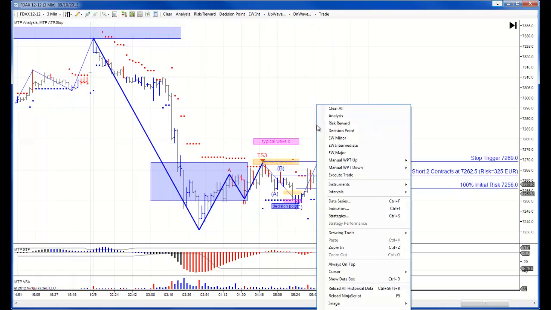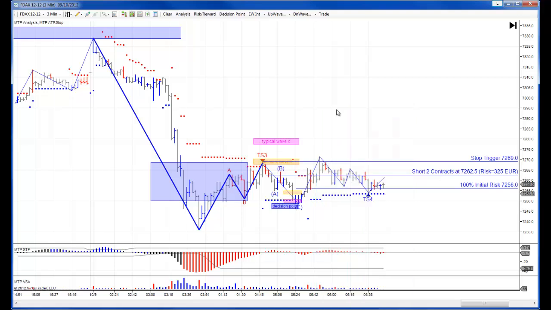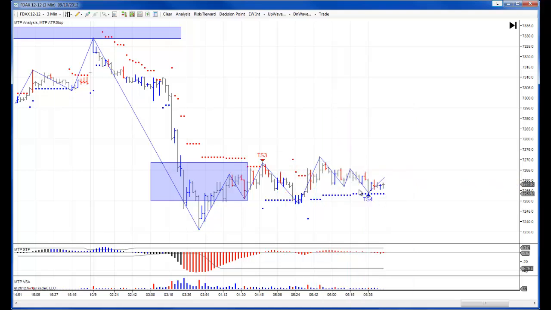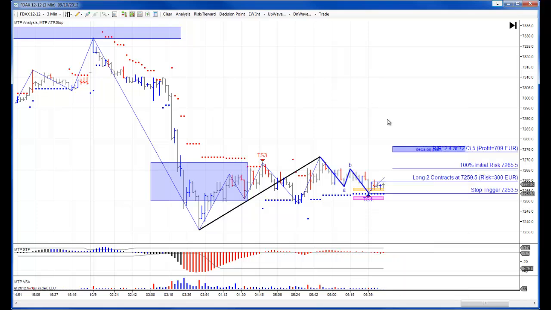But what interested me more than anything else was this TS4 buy setup. The reason being is because it was coming off our 15-minute DP support. So in other words, this buy setup, even though it's against our red STF, was actually in the direction of the larger degree trend. So if I put our analysis on here, you can see that it gives us a